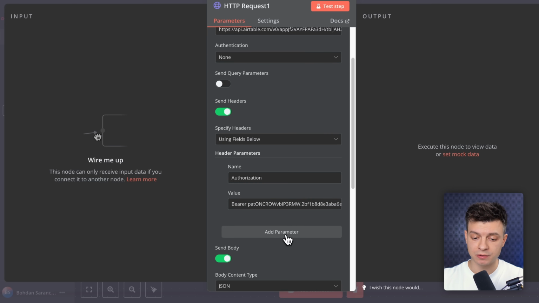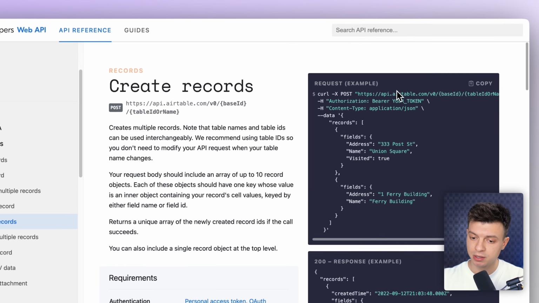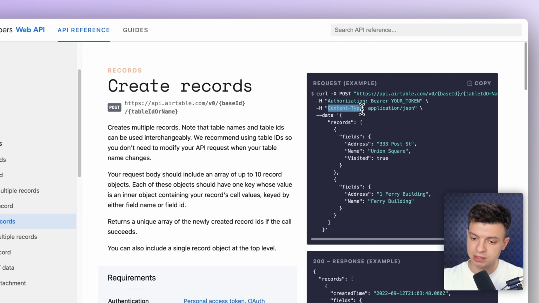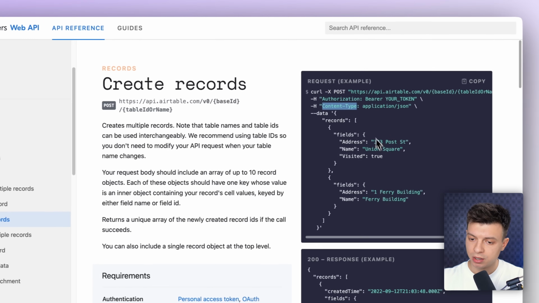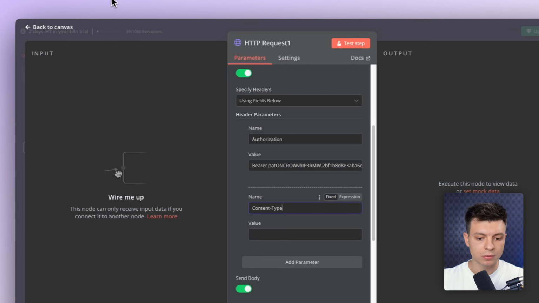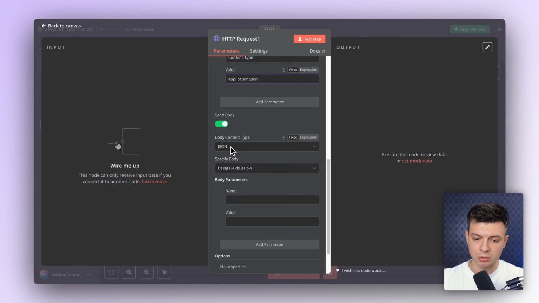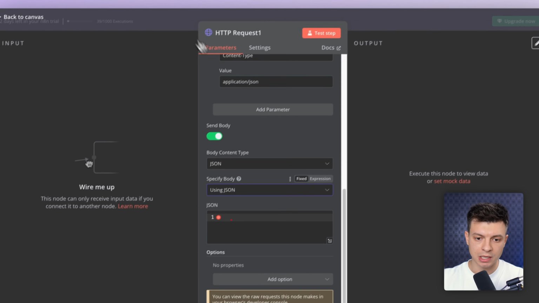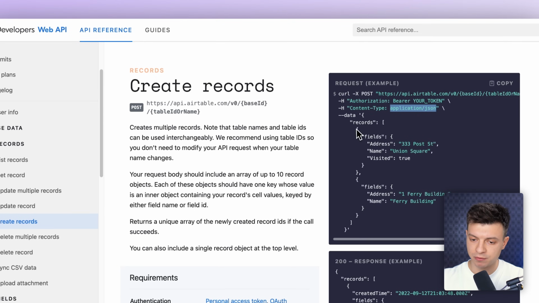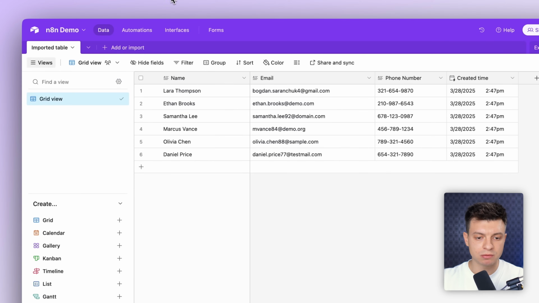And now I'm gonna add another parameter. So for the second header that we have in this example, it should be content type as a name, and as a value, it should be application JSON. All right. And the last thing is body. So body content type should be JSON. Specific body, let's select using JSON. And now I'll just copy the example from here. All right. Copy and paste it right to my